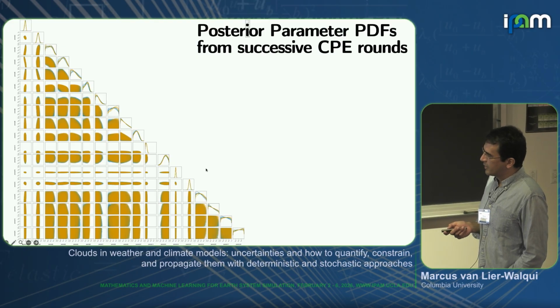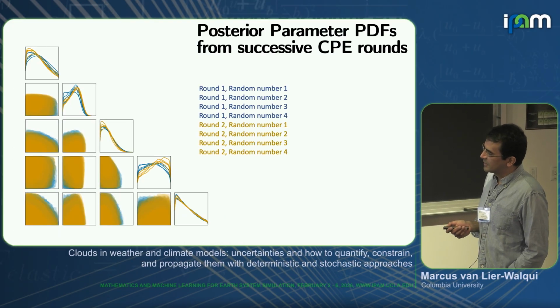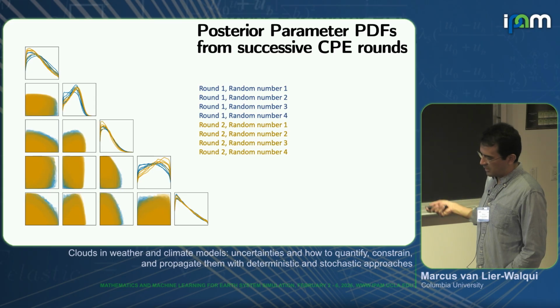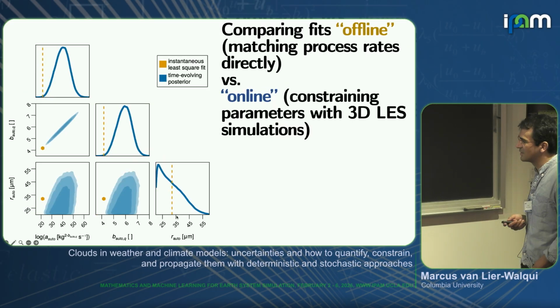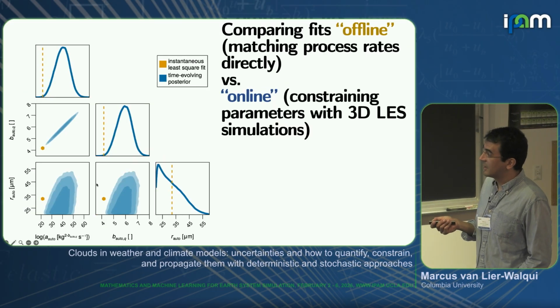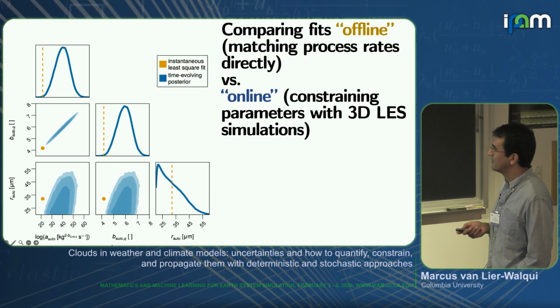Okay, what do I want to say about this? We do these multiple iterations, and we get some slight change in the parameter distributions. It's not severe, but between the first round and the second round, we get some variation. That's just a detail. Again, this is making the point that our instantaneous fits are going to look quite different than our time-evolving fits. So it's in quite a different part of the parameter space, which is a little bit interesting.